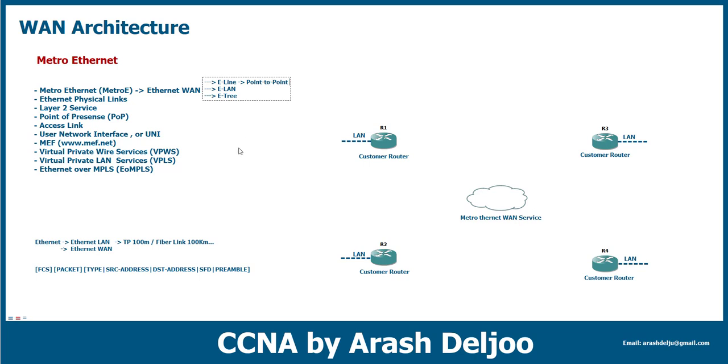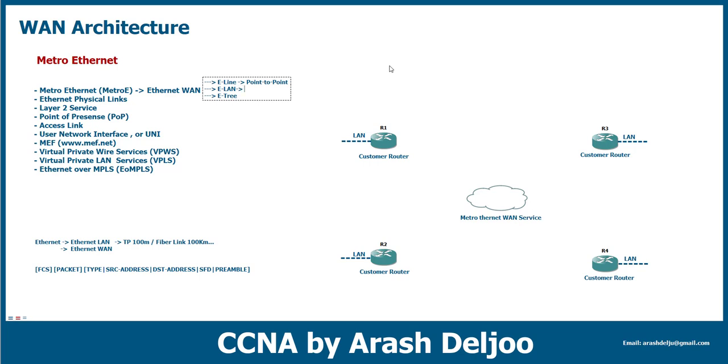You know that in the Ethernet WAN that we have learned before, in comparison with the serial point-to-point, actually we have learned about the E-line. The point-to-point Ethernet WAN or the point-to-point Metro Ethernet means that we are connecting two sites together directly with the Ethernet connection. I will talk about that, but for now we can understand the E-line is the point-to-point Ethernet